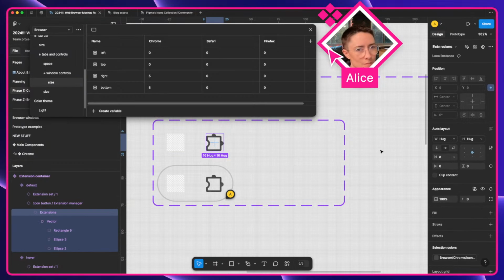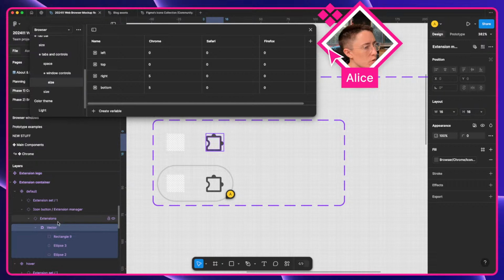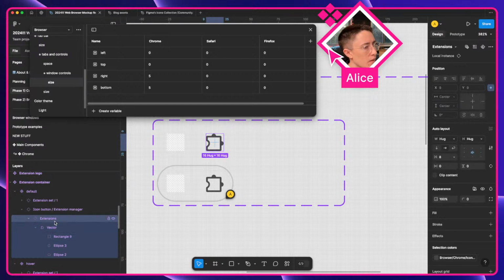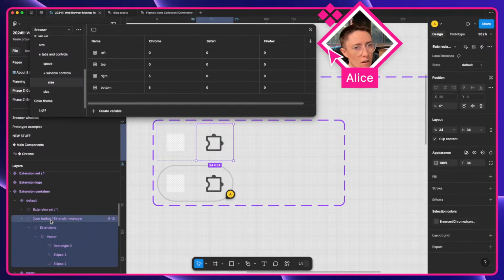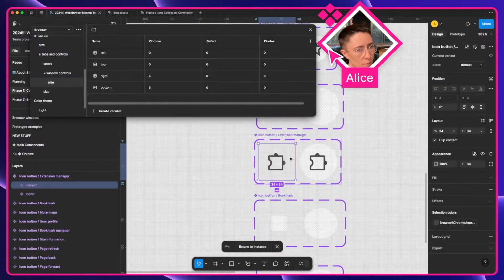Oh, that could explain it. Oh, this is kind of offset. Yeah, so we've got our vector, which is a Boolean, and then we've named it extensions. And then we have our icon button here. So if we go to that main component,